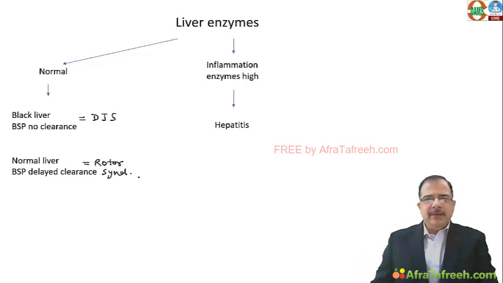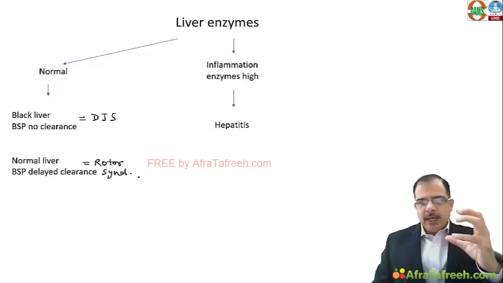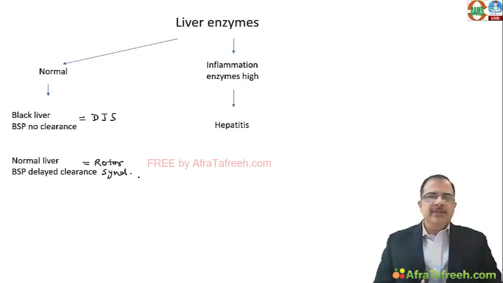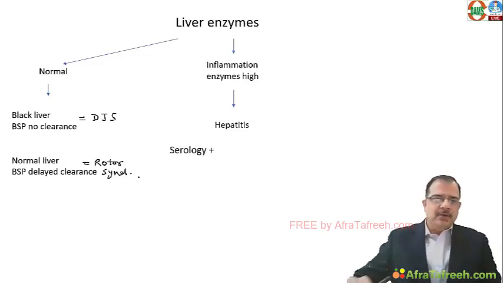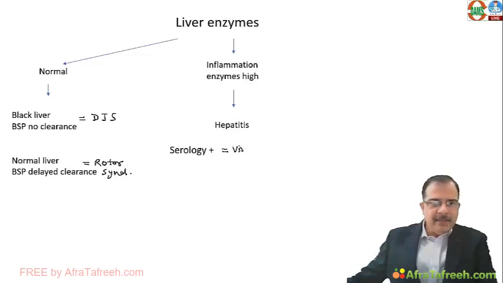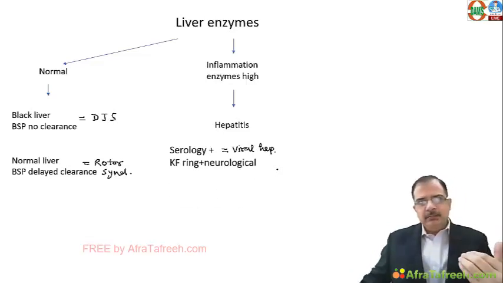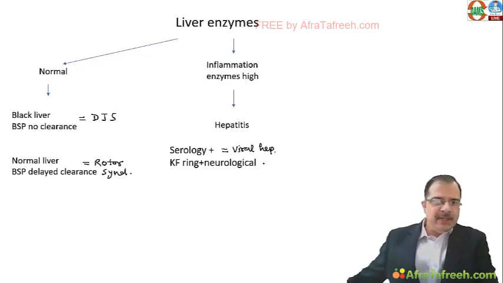So hepatitis will be your diagnosis, and further, what will be the etiologies of hepatitis, that depends on the further information. The keywords in the clinical case, like viral serologies, will be given to you. So the viral serologies here will be positive. So you mark that as a case of viral hepatitis, depending on the serologies. While if KF ring is mentioned, a very typical feature, and neurological findings are given, like tremors, then it will be a case of Wilson disease.